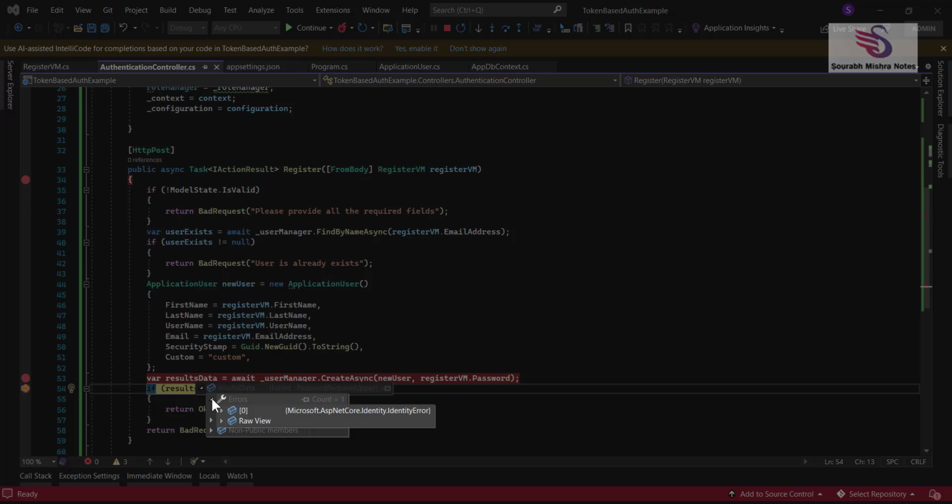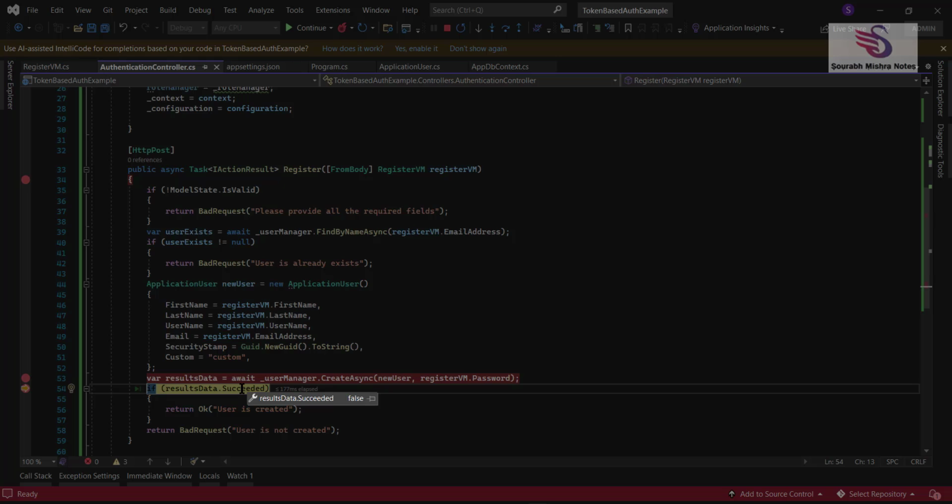This is a very good thing because from the Identity framework you don't need to write code. You can see it says the password must have at least one uppercase. These are the rules and regulations that automatically come from the CreateAsync method, so you don't need to do anything. If you are thinking of writing your own code, you can write your own method. You can create your own repository where you can call this type of thing, and you can pass your new user things and password. You can write your own things, but as of now we are using the Identity framework,